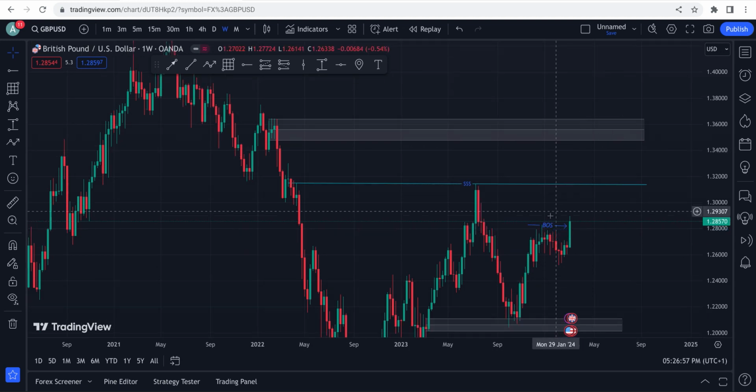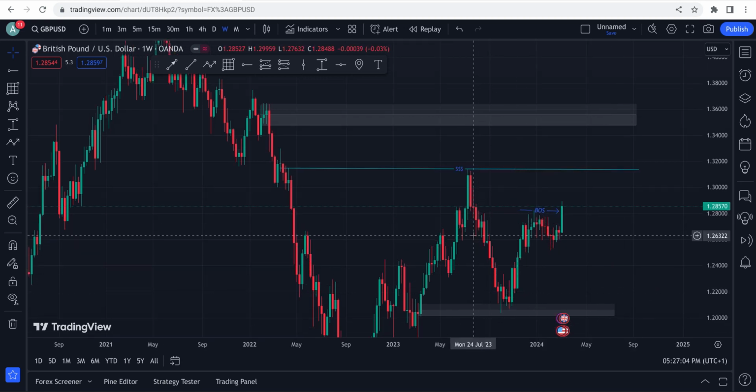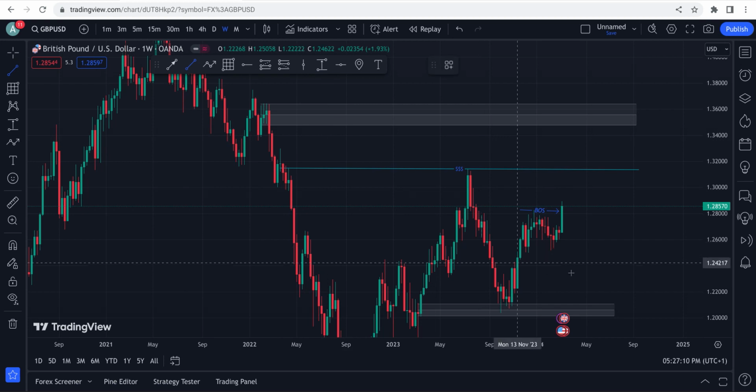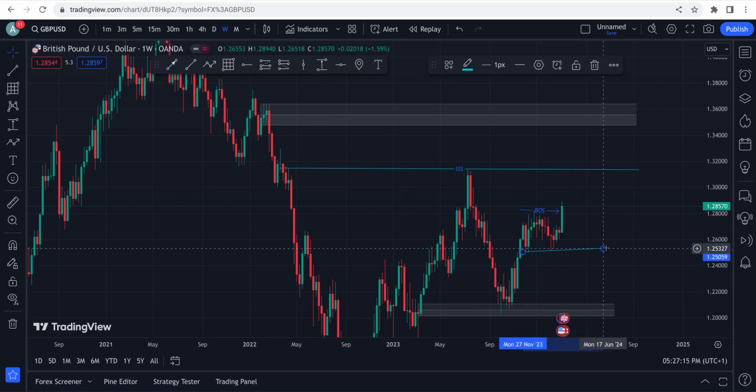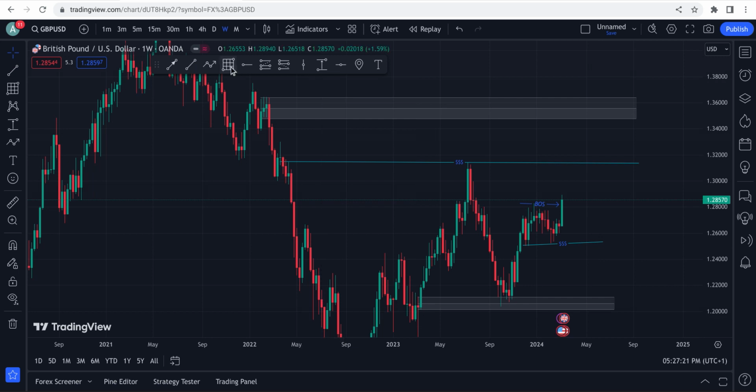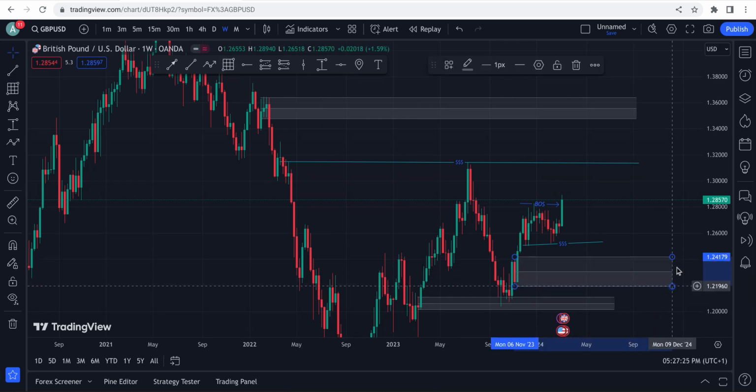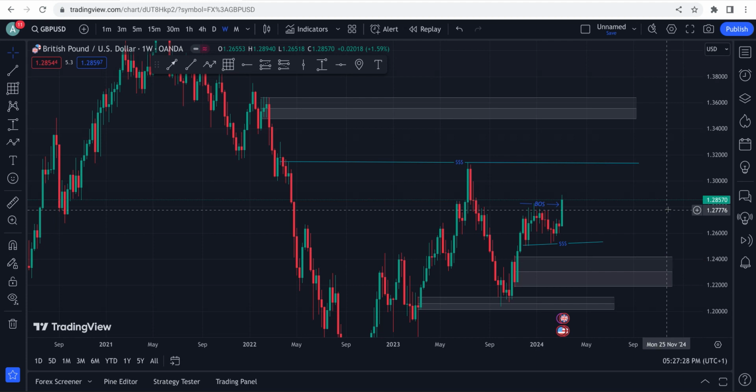And if you check below, you have some push up from this point that broke the structure. After the push up, you see a supply zone that got tapped, and the liquidity below the zone. As you can see, we have liquidity below the zone. So below the zone, we have this weekly supply demand zone.